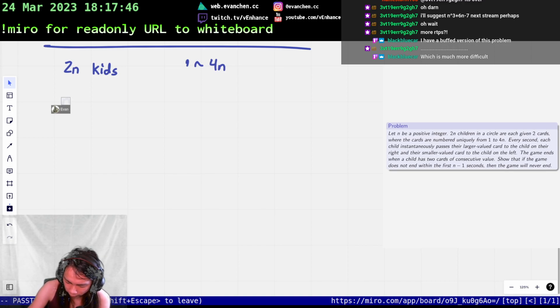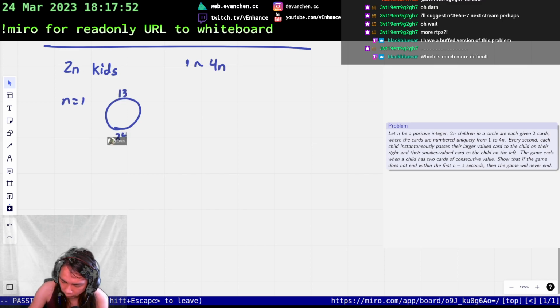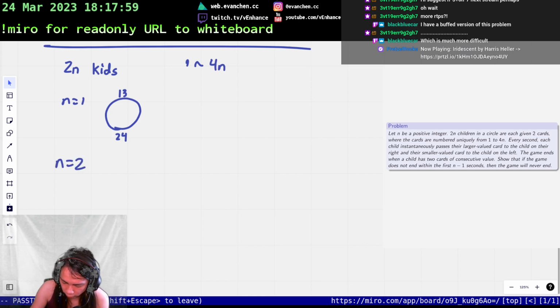Like, okay, so when n equals 1, if you start with 1, 3, 2, 4, the point is that the cards just swap, so nothing happens. Okay, so when n equals 2,